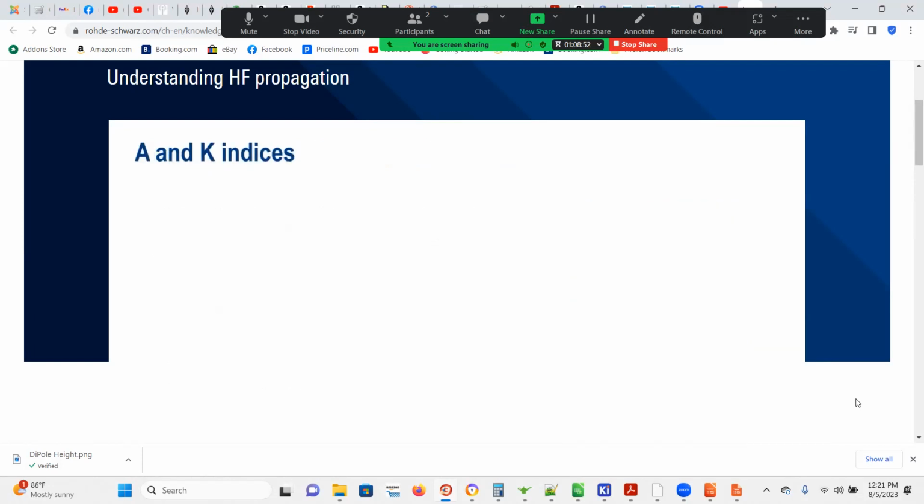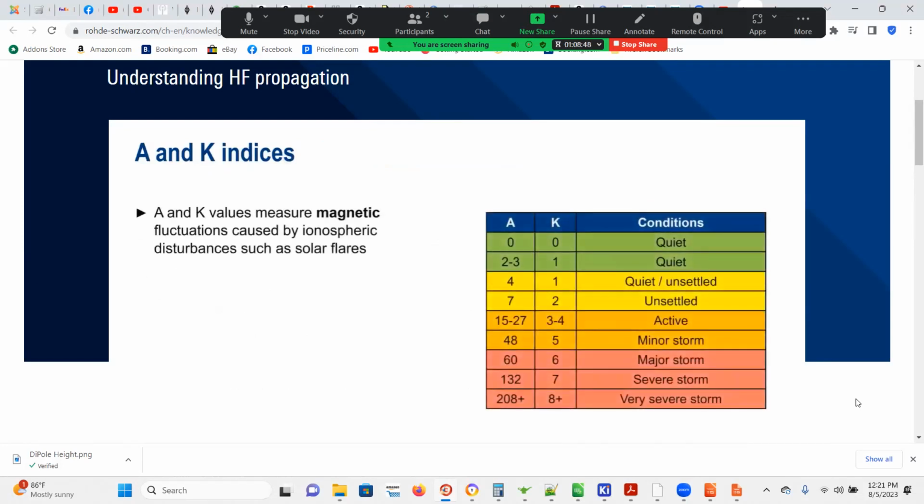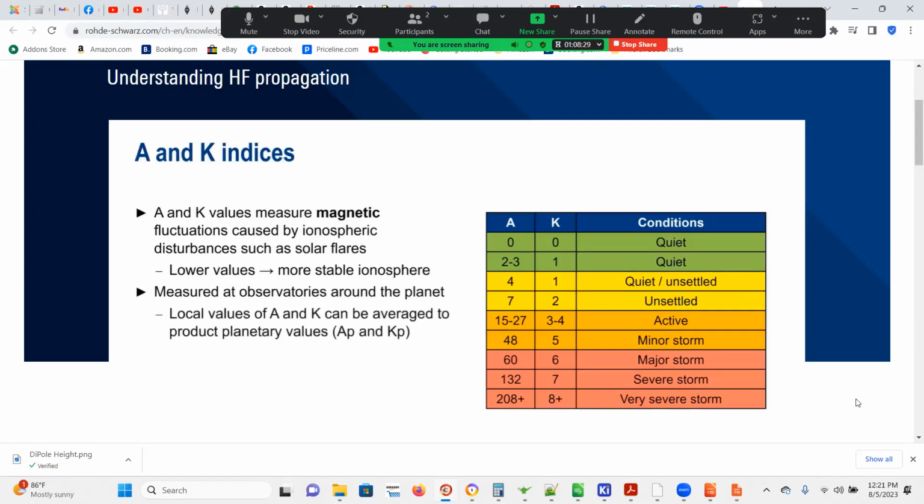Sunspot number and solar flux index can be used to quantify ionospheric conditions, but to quantify geomagnetic conditions we use A and K indices. In general, lower values for A and K mean a more stable ionosphere, although, as we just mentioned, in some cases a geomagnetic storm may not lead to an ionospheric storm. A and K are measured at observatories around the planet, and these local values can be averaged to produce planetary